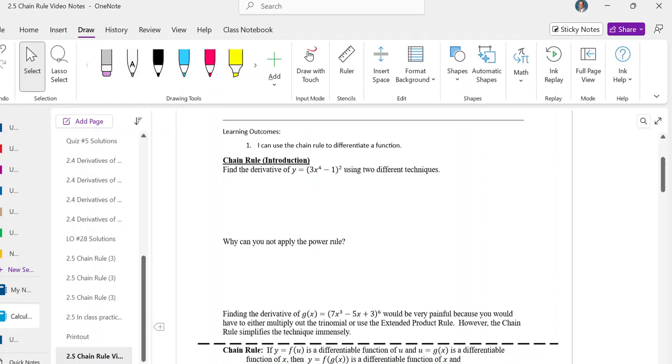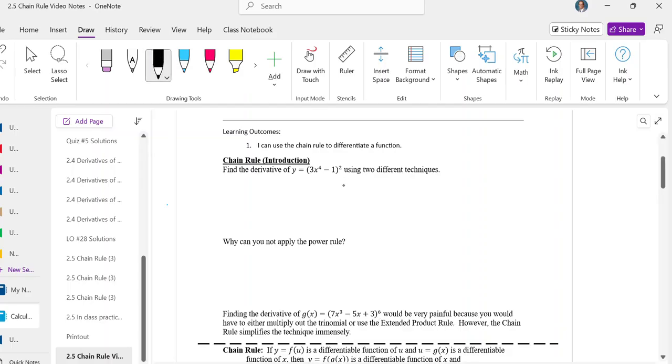All right, so the chain rule is basically the power rule, but with a function inside of the power. The way to look at it is that there is a function inside of a function. So let's take this, for example, (3x^4 - 1)